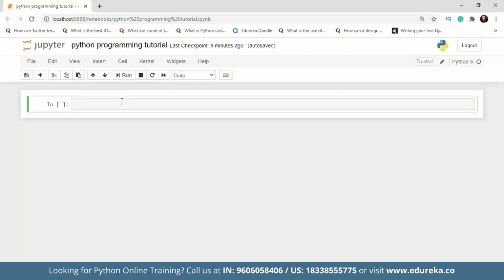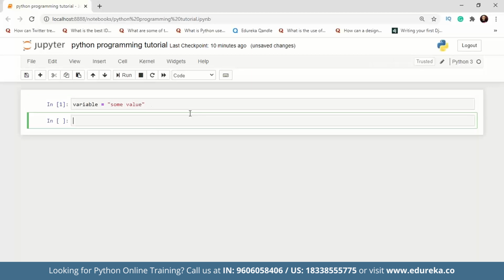All right, so the very first thing, let's take a variable. We are going to use a variable only. So this is my variable. I'm using this equal to sign; we're going to discuss this in about a minute, guys. I'm giving it some value, and I'm using these inverted commas also, so I'll talk about this as well. So this is how simply I have given the variable a name.